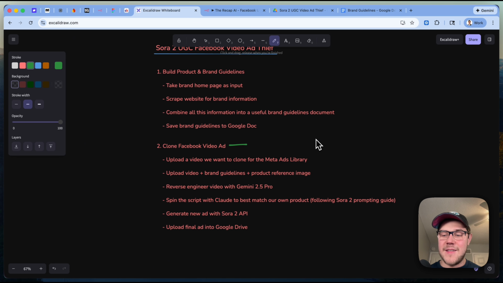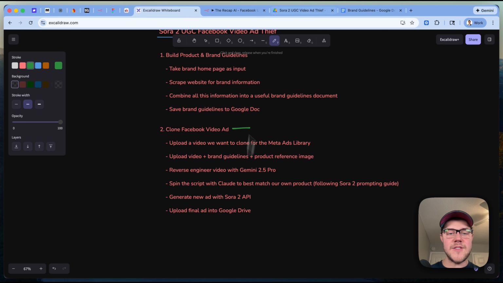And so we're going to be using this mini bundle deodorant stick from Native. That's a good one-to-one with the Dr. Squatch ad we uploaded. So all of those inputs are required here in order for the system to work. After we get those inputs in, we're then going to move on to reverse engineering the video that we uploaded